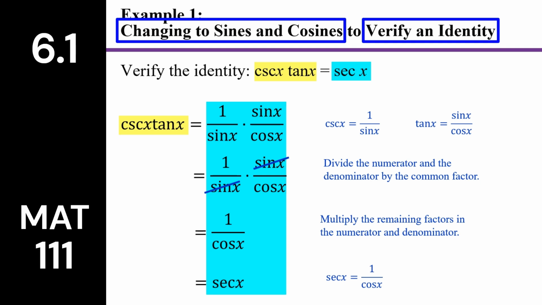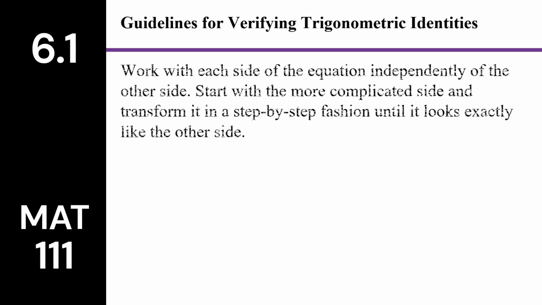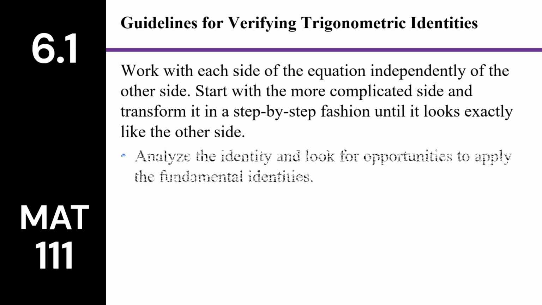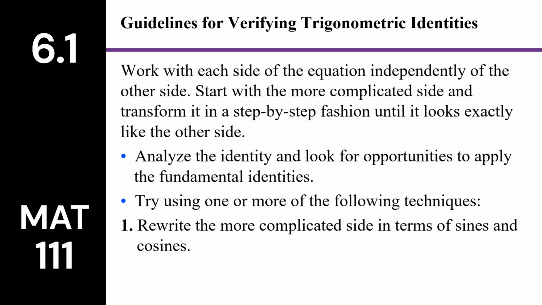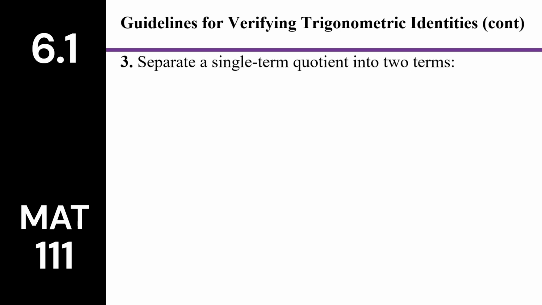Now let's consider some general guidelines. We work with each side independently, starting with the more complicated side. We look for opportunities to use our fundamental identities, and we have various techniques that we can use. We saw an example of using sines and cosines. We'll also see an example of how we factor out the greatest common factor. We sometimes need to break a fraction up into 2 or more fractions. This can occur when we have a monomial in the denominator, and so we can do a plus b over